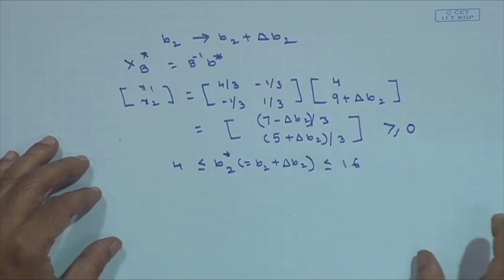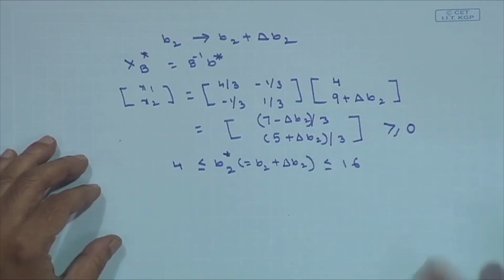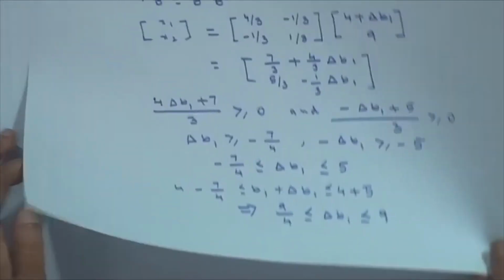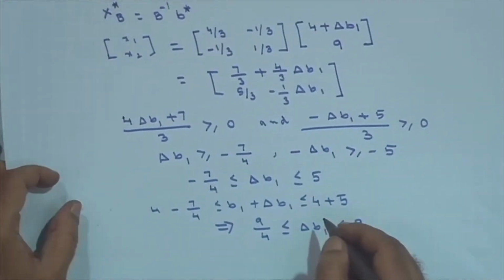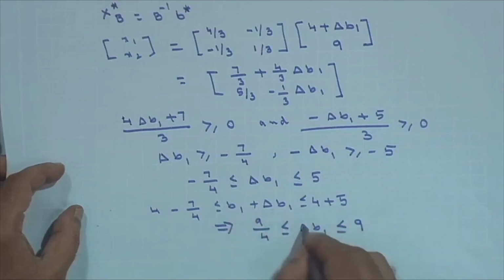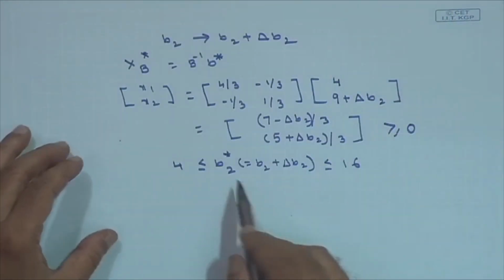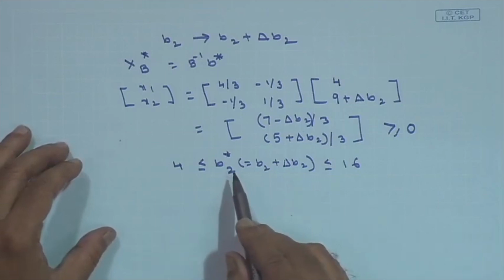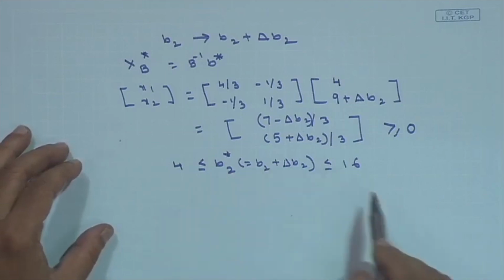So, this should not be delta B1 but B1 plus delta B1, which I can say is B1 star. For the earlier case it is not delta B1 but B1 star, and here it is B2 star. So, B2 star can take the value from